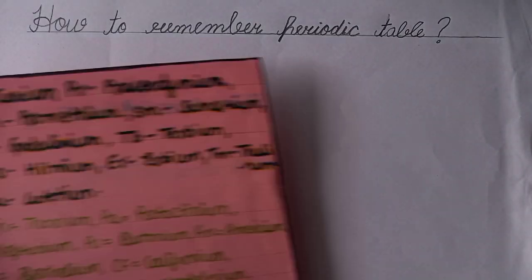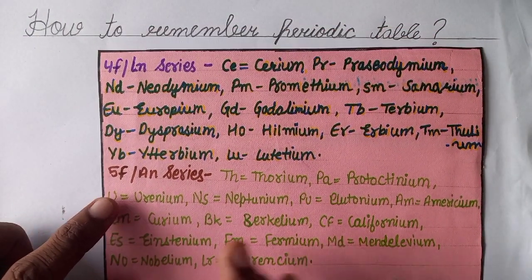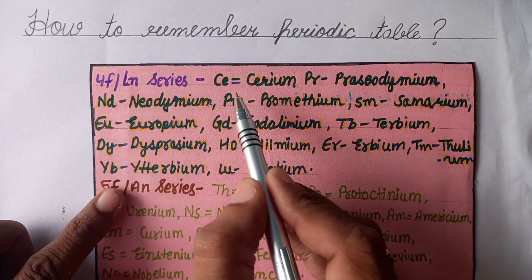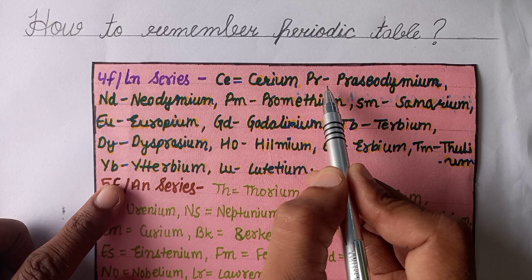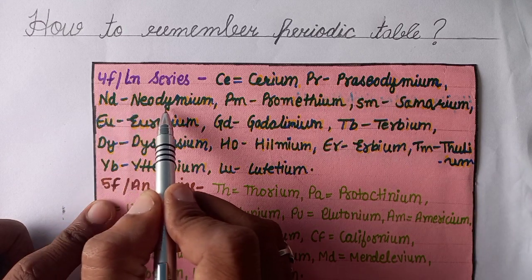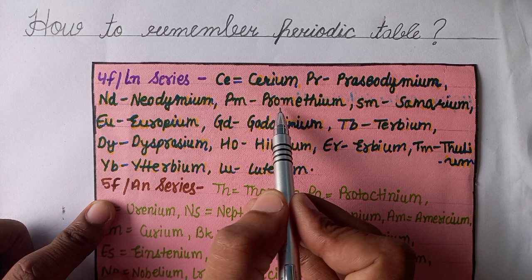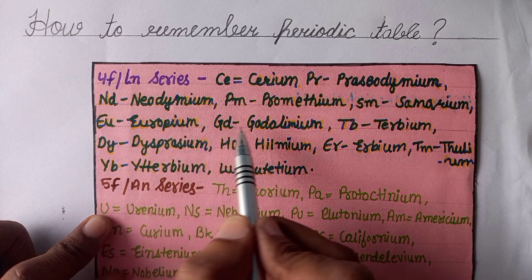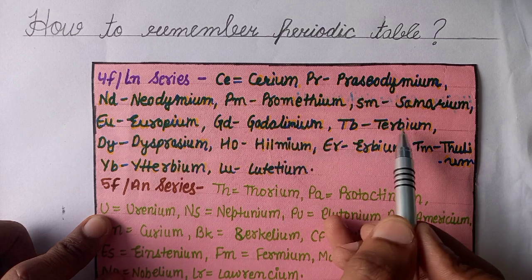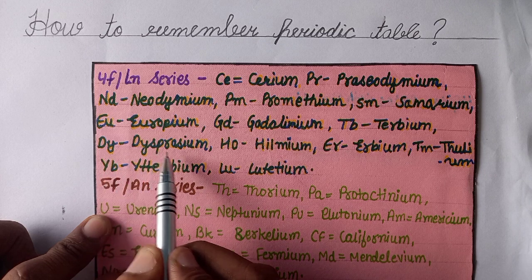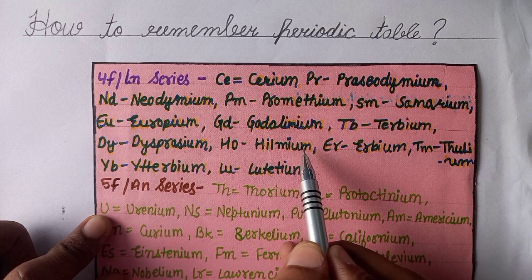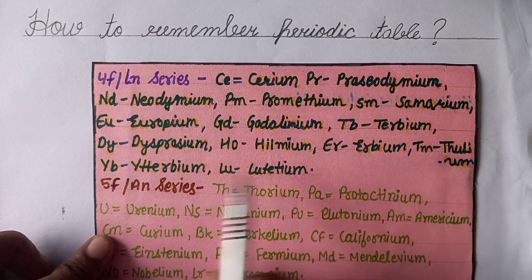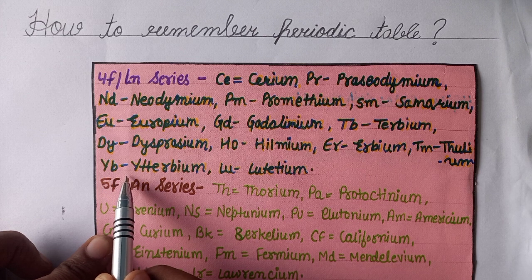Elements of F block are, firstly, we read the 4f series or lanthanoid series. Ce for cerium, Pr for praseodymium, Nd for neodymium, Pm for promethium, Sm for samarium, Eu for europium, Gd for gadolinium, Tb for terbium, Dy for dysprosium, Ho for holmium, Er for erbium, Tm for thulium, Yb for ytterbium, and